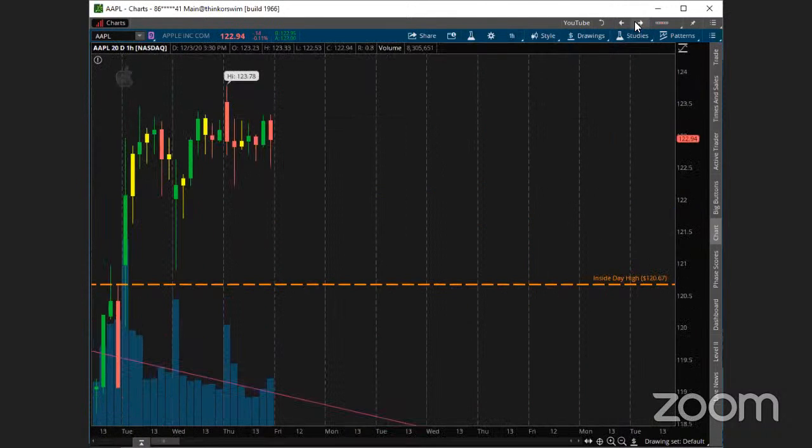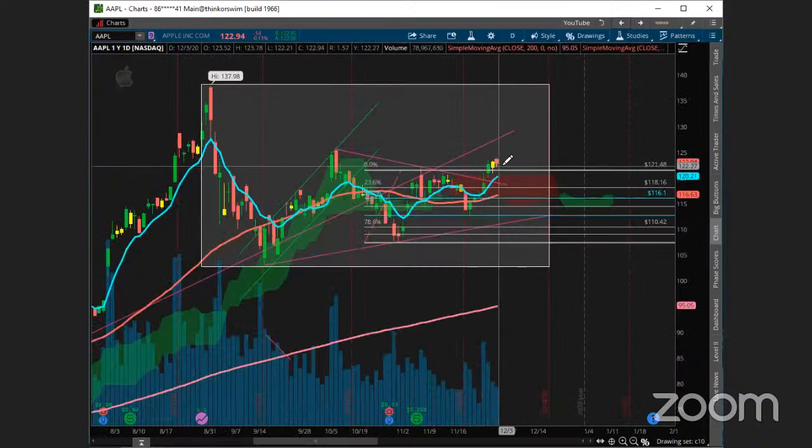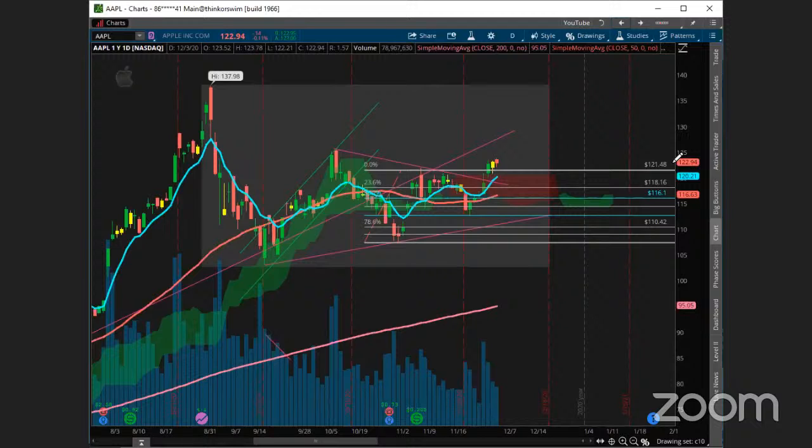But here's the 1 hour. I'm not seeing a shooting star off of that one right now, but again, looking pretty interesting there. So let's see how it holds. Again, it could be working on an ABC, or it might still be working on that impulsive wave up. We're definitely watching it. So good stuff there.